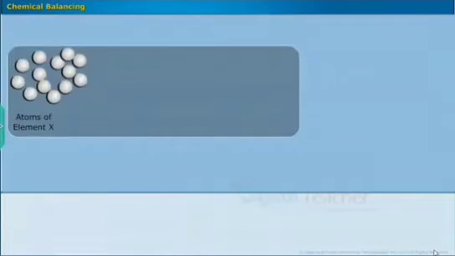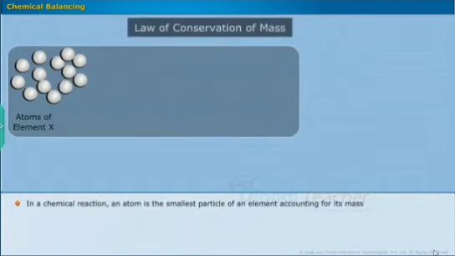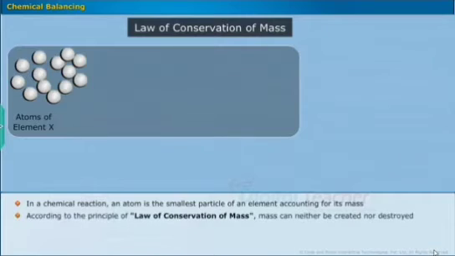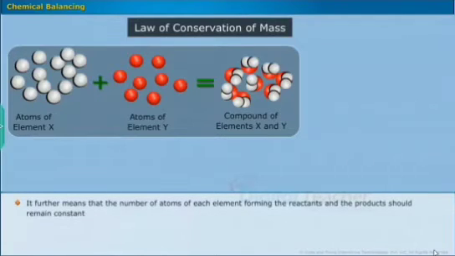Chemical balancing. In a chemical reaction, an atom is the smallest particle of an element accounting for its mass. According to the law of conservation of mass, mass can neither be created nor destroyed. That is, the mass of the reactants and the mass of the products before and after the chemical reaction should not change. It further means that the number of atoms of each element forming the reactants and the products should